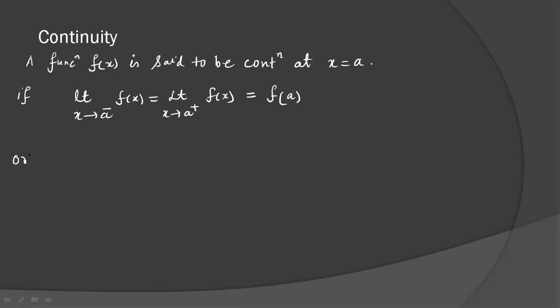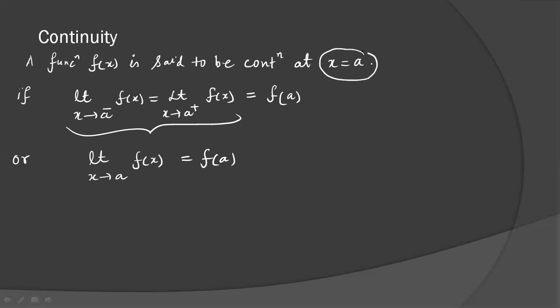Or in another language, if left hand limit and right hand limit both exist and are finite, then the limit as x tends to a of f(x) exists. And if this is equal to f(a), then the function f(x) is said to be continuous at x equal to a. Now, this is a very important point here. Can we check the continuity of f(x) at any x equal to a? No. The general answer is no. That point a